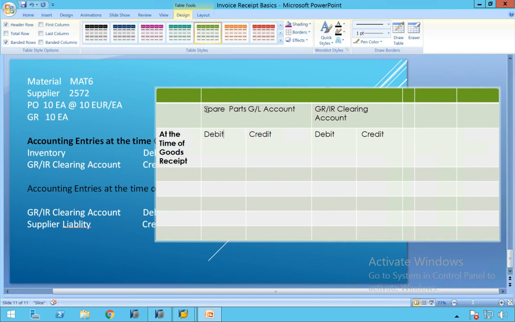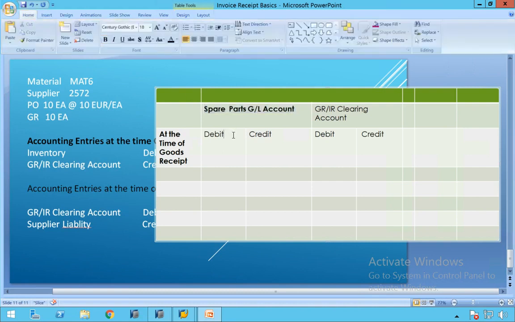This is which GL account? Spare parts GL account. What does GL mean? General ledger. I will explain in a separate lesson what is general ledger, what is subledger, all those things. Don't get worried. Now, another GL we need, right? At the time of invoice. So now you see, another, I'll write this